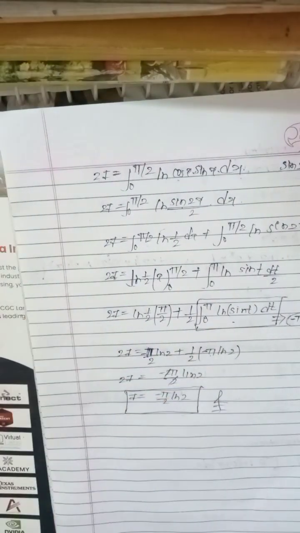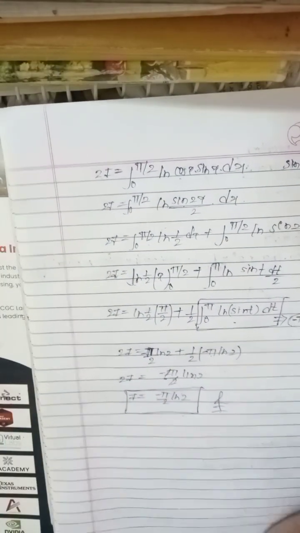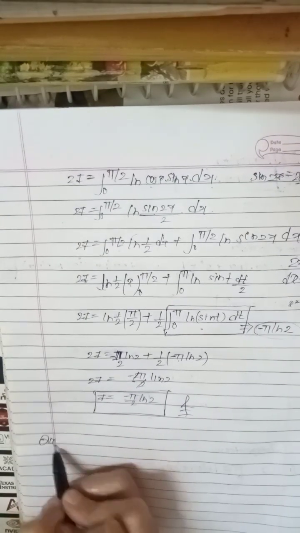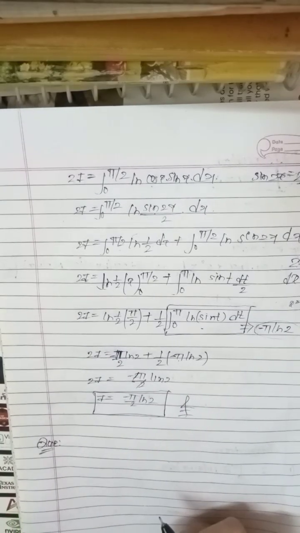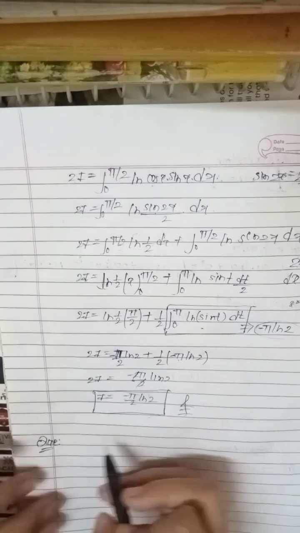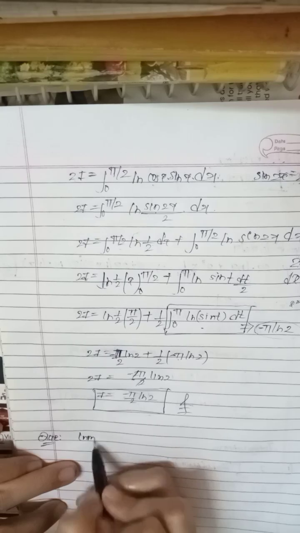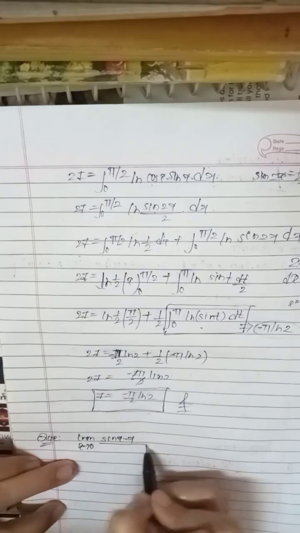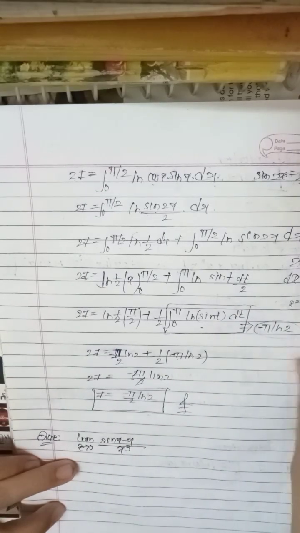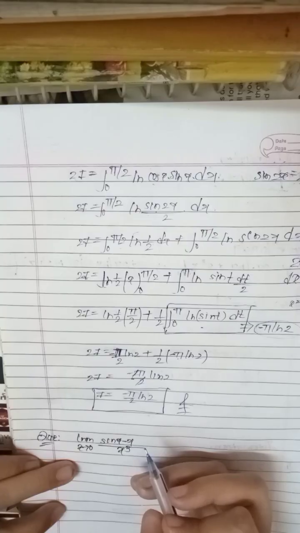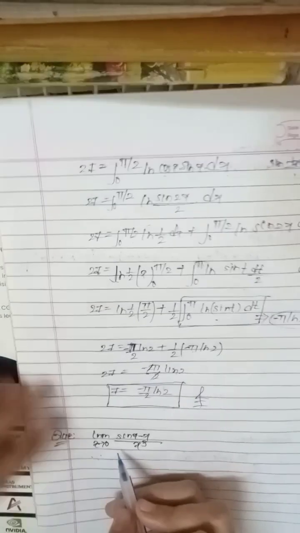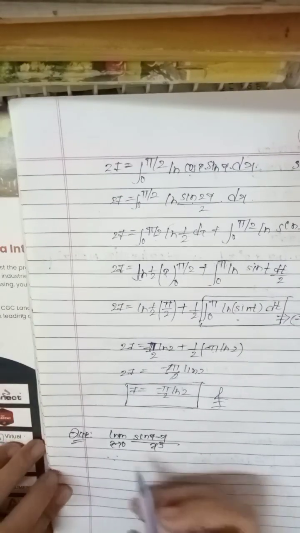Now there is again one question that I will take and solve. That question belongs to a common concept, and that is a limit question. Limit x tending to 0. These types of questions are frequently asked, mostly in the GATE exam. This is a question that is based on the expansion. I think this expansion is clear.